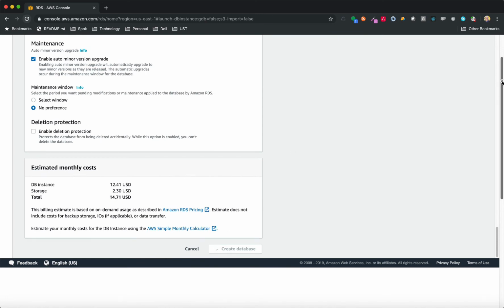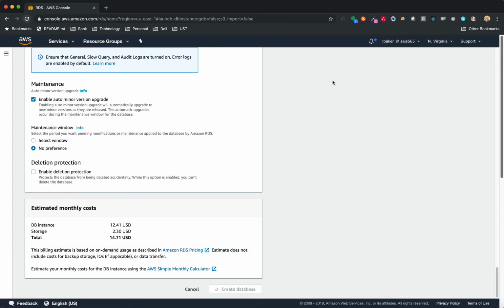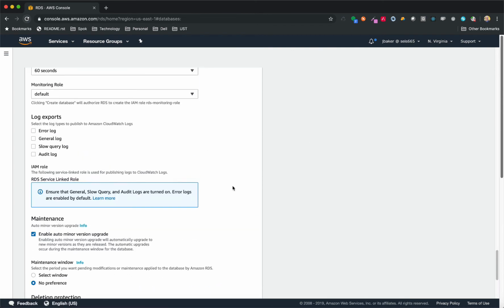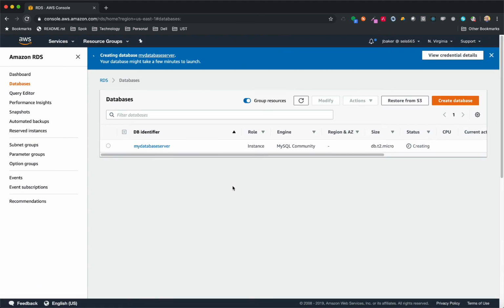And when we do that, then AWS will begin to launch our database. There we go. Now, launching a database instance takes a lot longer than launching an EC2 instance because behind the scenes,